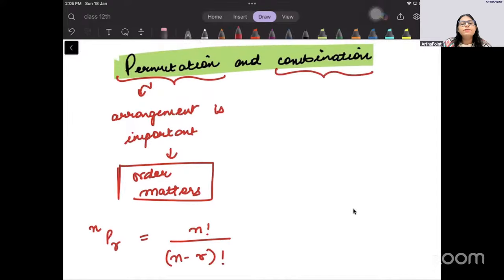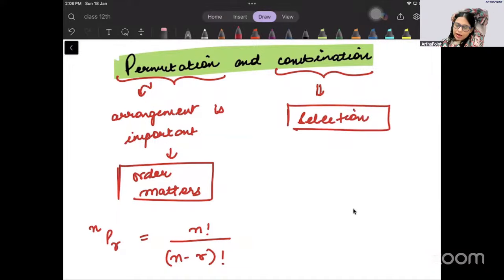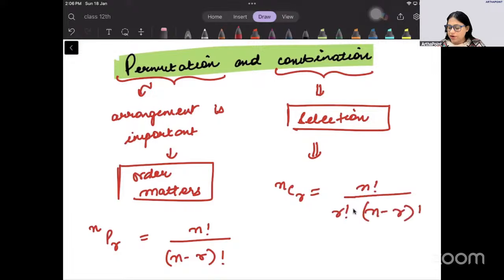Combination is used wherever the order does not matter and only जो matter करता है that is selection. Right? You have to select. Like you have to make a committee, 4 out of 10 people, committee of 4 people. But it does not matter किस order में. Right? पहला male हो या second male हो, पहला female हो या second female, does not matter. The order does not matter. You just need to select few people out of bigger people, then it is combination. And combination में the formula is nCr is equal to n factorial upon r factorial, n minus r factorial.